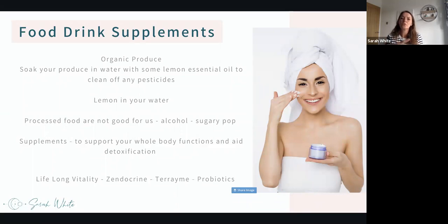Because soils over the last hundreds and hundreds of years have been depleted of vitamins and minerals, the food that we eat today isn't as full as it used to be. So topping up our supplements and our diet is really, really good. It helps to feed the brain, the body, the cells, our DNA, keeping it strong. And it also aids the detoxification, so supporting the organs of our body that are dealing with these toxins that